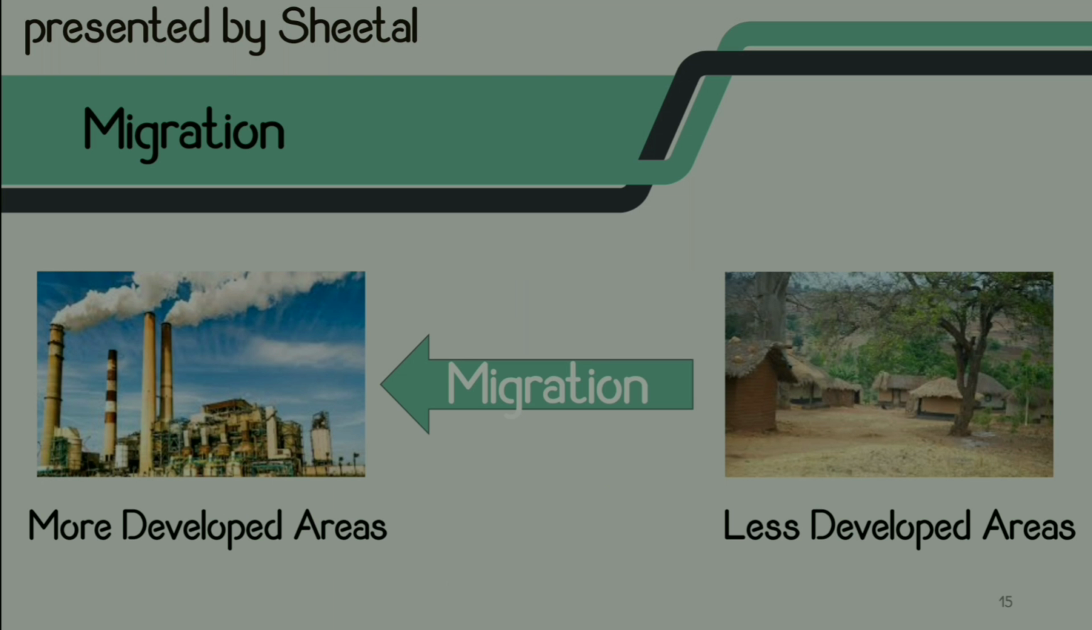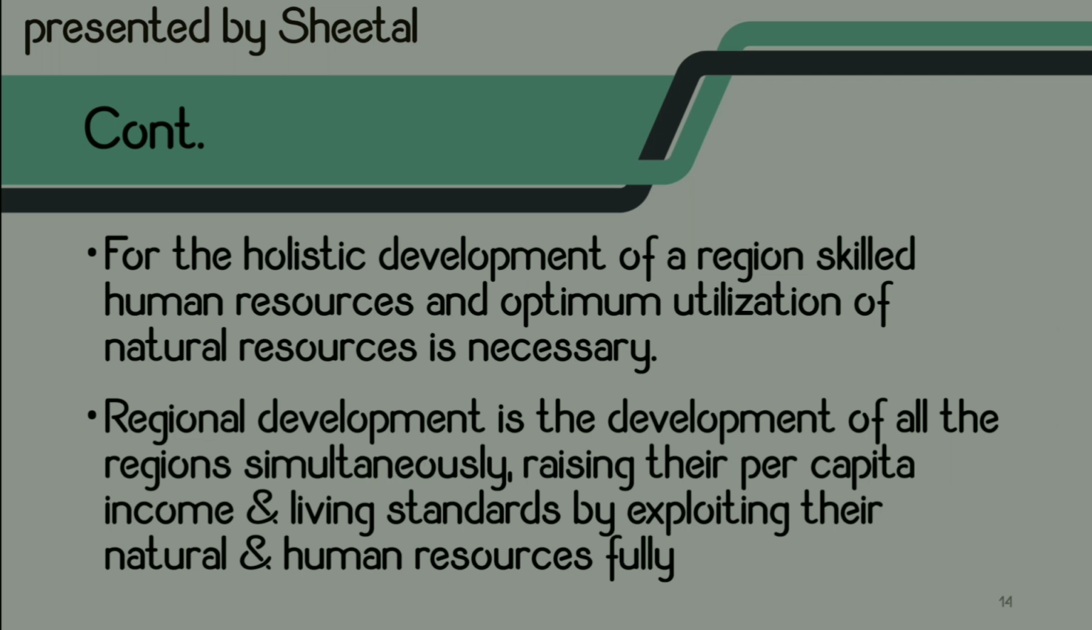So migration: basically, migration is done from a less developed area to a more developed area. People always want a better lifestyle, they always want a luxurious life, they don't like to stay in